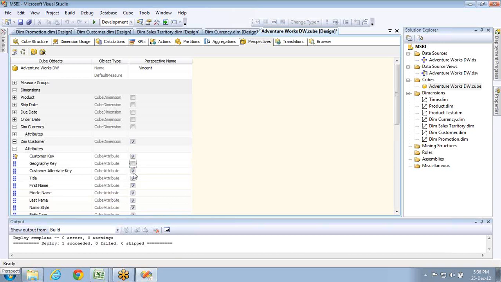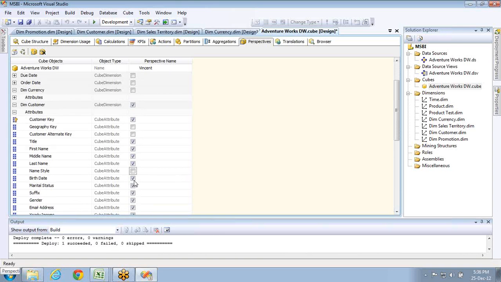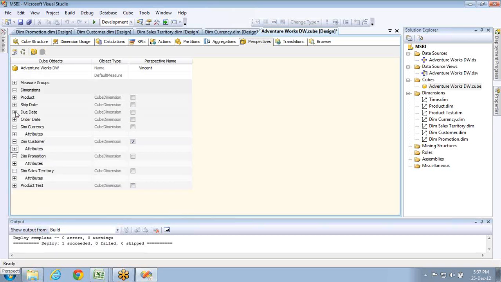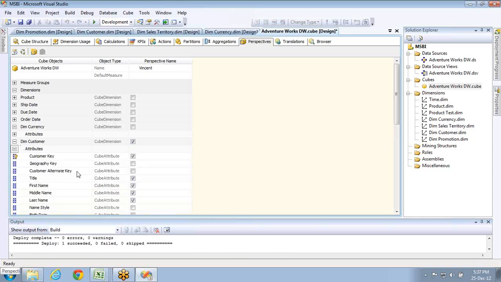This is what he wants from the dimension part. In this dimension, he doesn't want all this stuff. He doesn't want geography key. He doesn't want this. He just wants first name, middle name, and last name. He doesn't want name style. Let's say this is the requirement of the user, and you don't want birth date, suffix, and you don't want email address. So I've selected only the attributes from the dimension that I want, as per my user requirements. Or let's say the complete